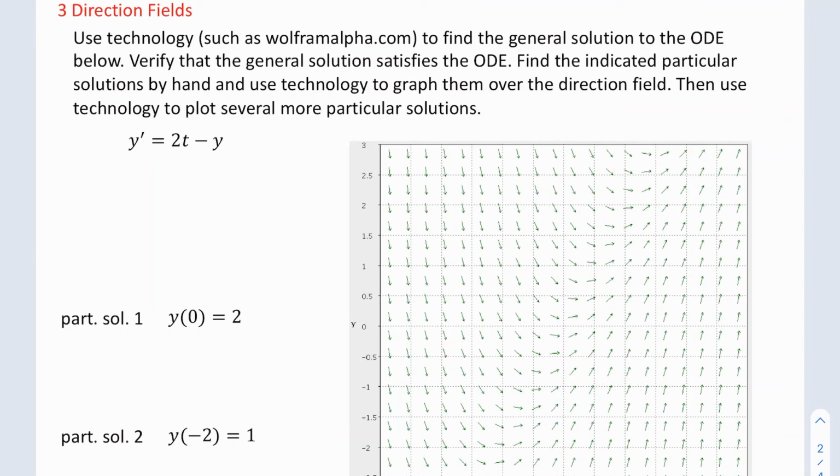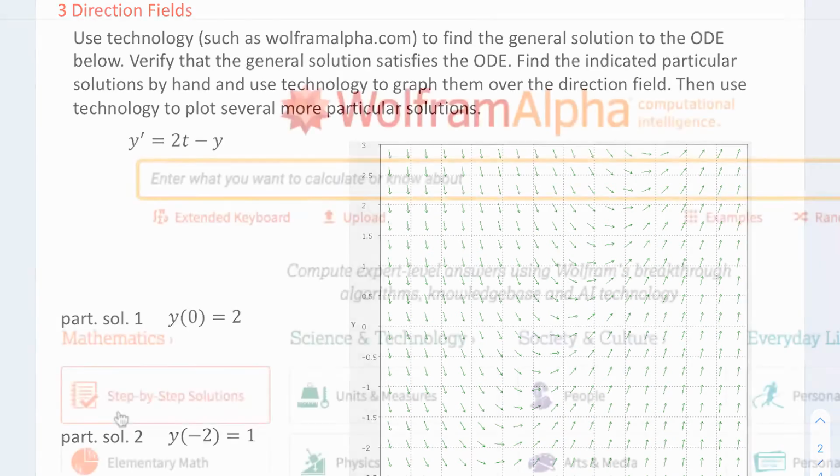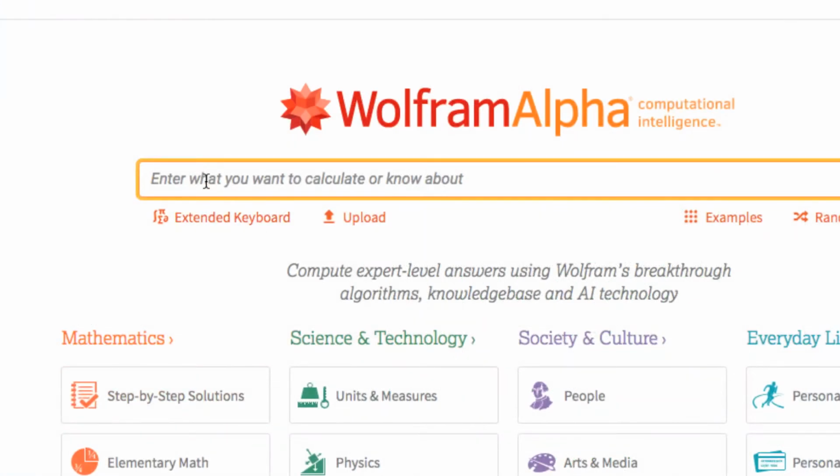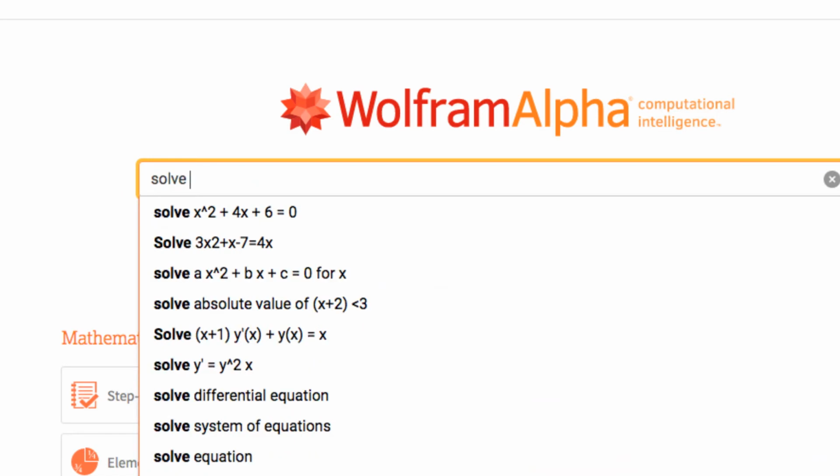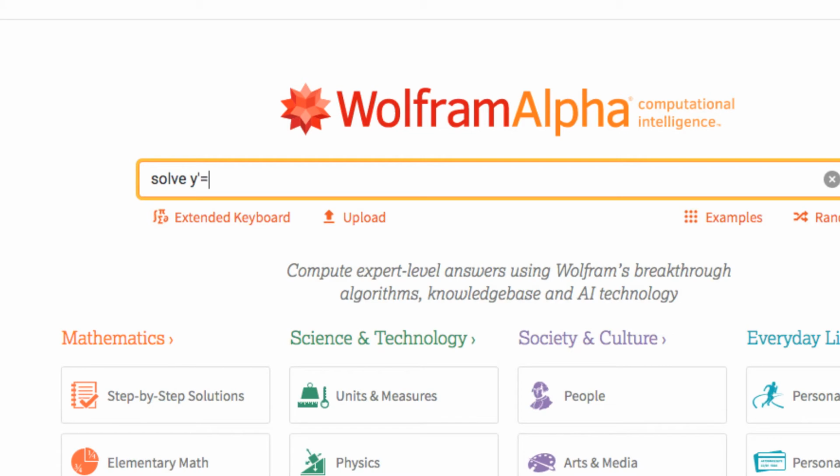We're going to get a general solution to this differential equation. In order to do that, I'm going to open up wolframalpha.com. And I'm going to type in solve, and then I'll type in the differential equation as I see it here: y prime is equal to 2t minus y. Before I hit enter,